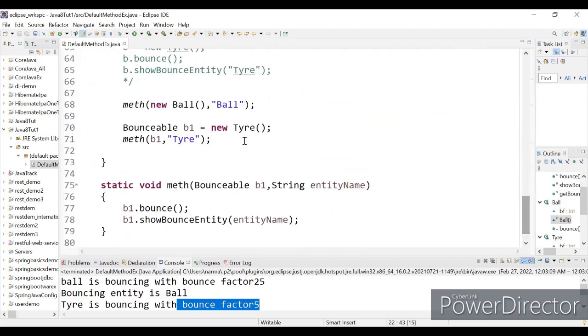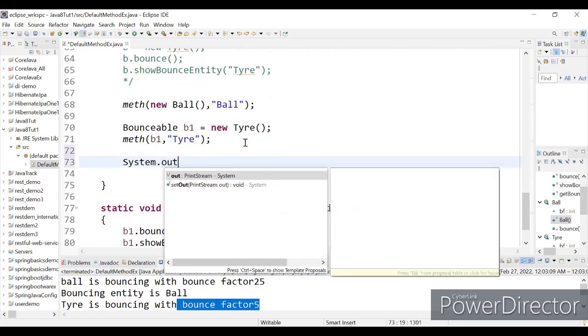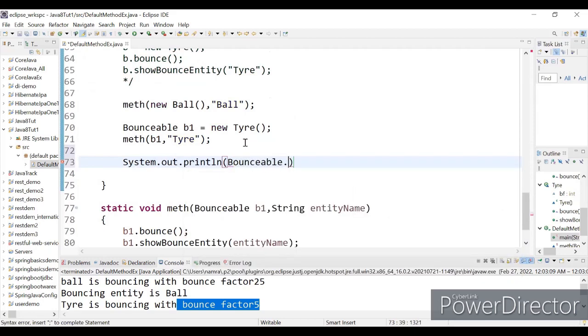Over here, suppose you decide that I want to invoke System.out.println. You can say Bounceable.getBounceFactor with 10. But it will not make any sense over here. I have just shown it to show you that you can call this from anywhere. You can call it from the main method, or you can call it from inside the implementation classes. Wherever you want, you can call it.